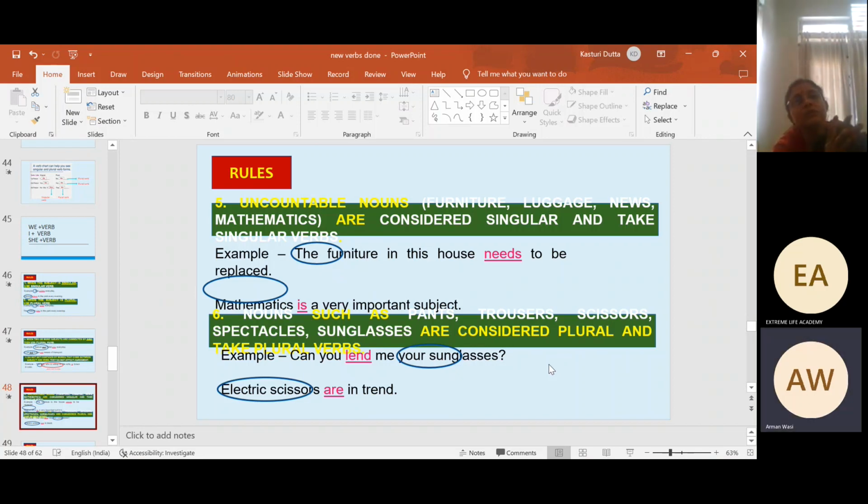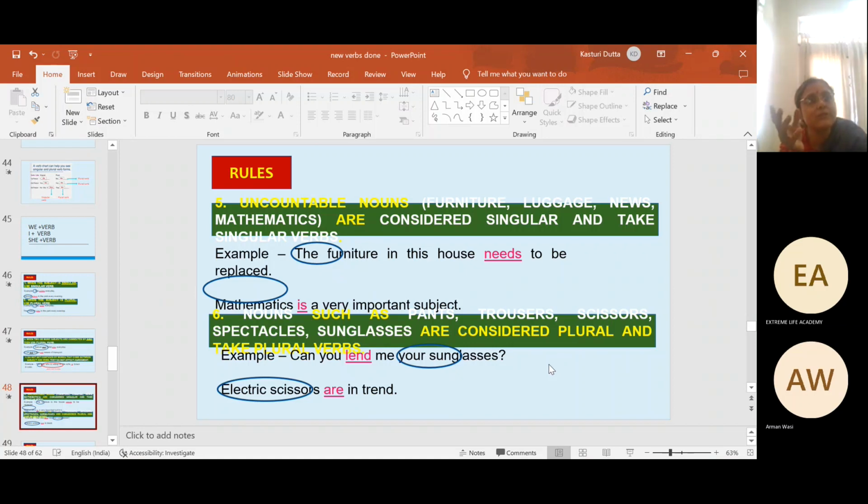Another thing, they say that dinner is ready. I cannot say dinners are ready. Have you ever heard anybody saying dinners are ready? No, dinner is ready. You can say breakfast is ready. You can say lunch is ready. You cannot say lunches are ready. Never say it by mistake. Suppose in the office your boss has come, some client, and you say, come sir, lunches are ready. They will laugh at you. That is why that alertness is needed.